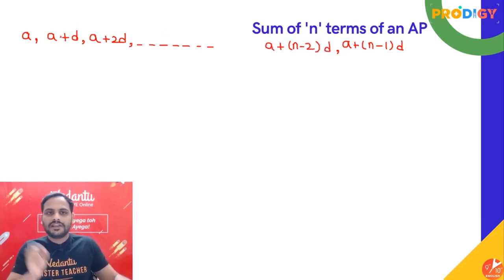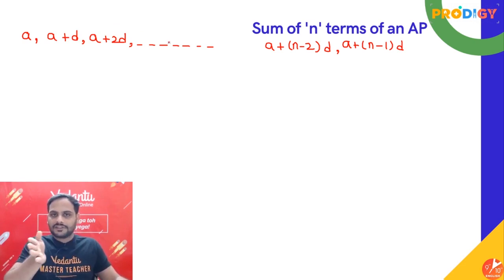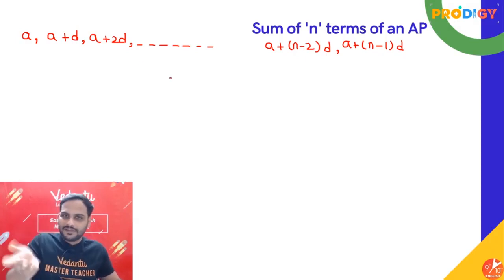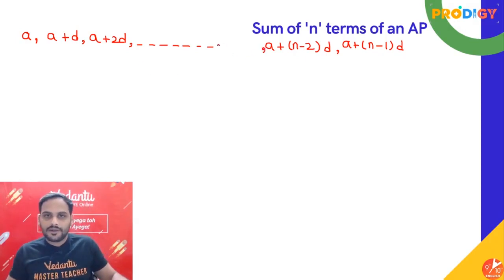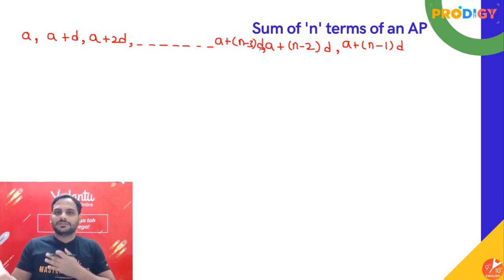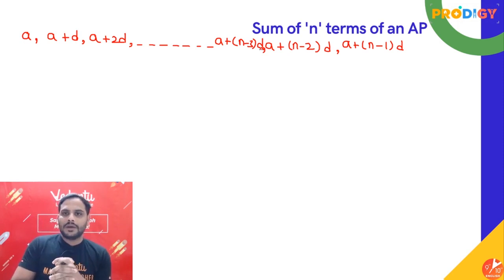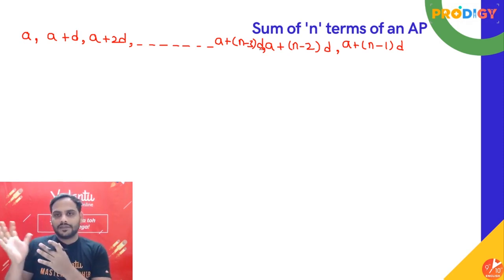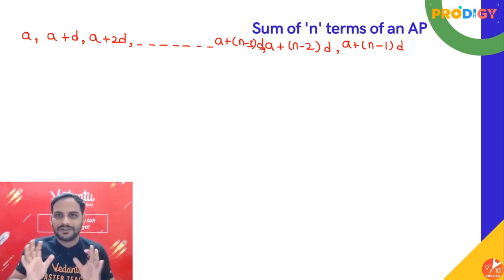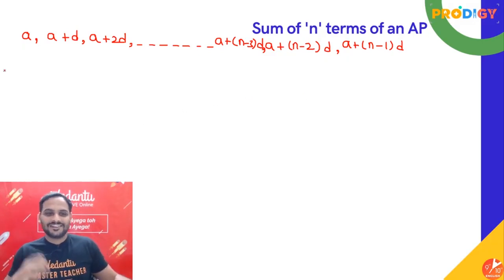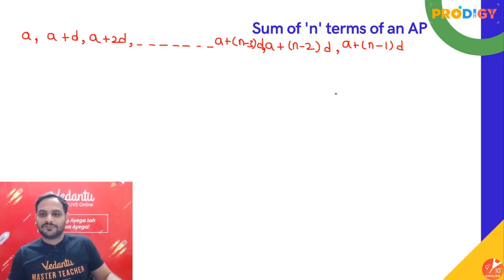देखो every time D will increase है ना. Here if it is 2D, before that D, after that 3D है ना. तो here if it is n minus 1, before that 1 less, n minus 2, before that n minus 3 into D है ना. A plus n minus 3 into D, and so on. All right. Now this method was first found by a mathematician. I don't remember the name right now. Okay, so let me first explain that method with the help of numbers.